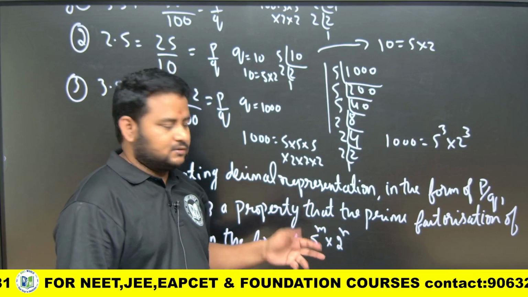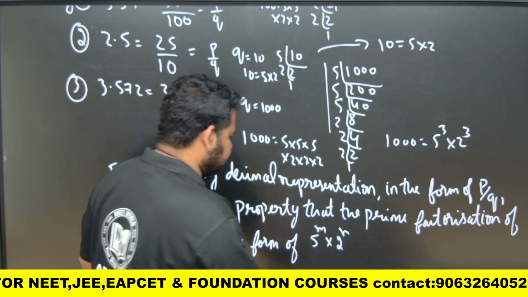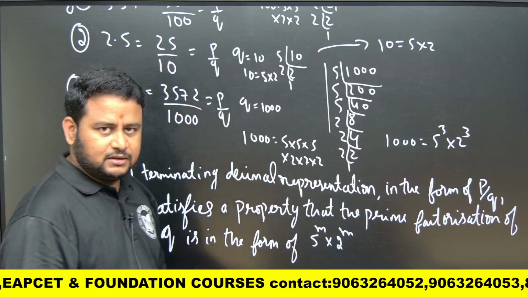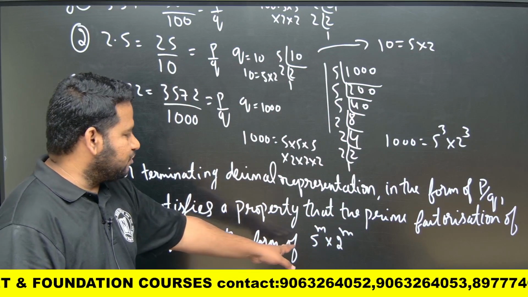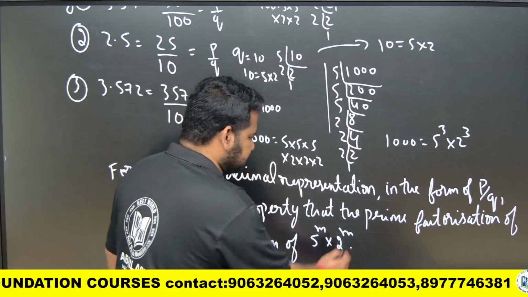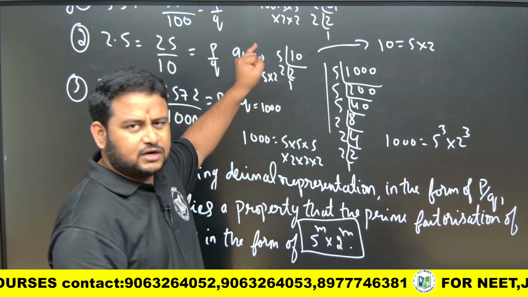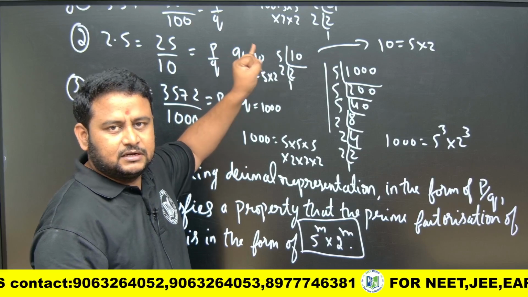Anyway you can write it, or you can write it as 5 to the power of m into 2 to the power of m. Okay, 5 to the power of m into 2 to the power of m, it is satisfying this property, very important. Prime factorization of q, q here is 100, that is we got it in the form